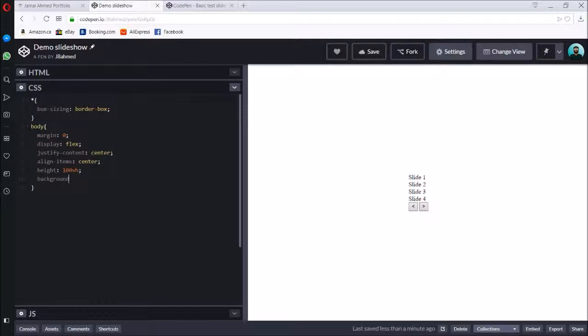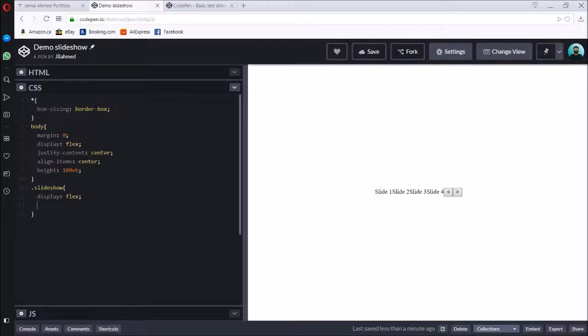And if I give it a background, you're going to see that it's the entire viewport. Pink, because that's what I always choose. Nice. Great. So we're starting off in a nice position. The next one is we have to style the slideshow itself. So the slideshow now, I want it to be display flex. And